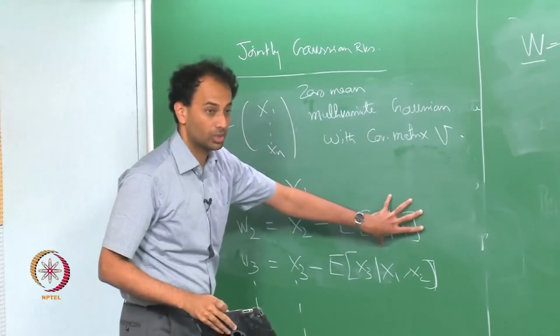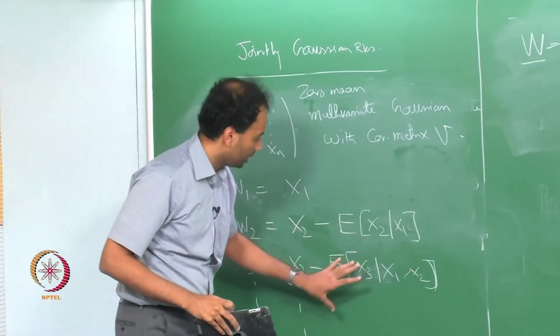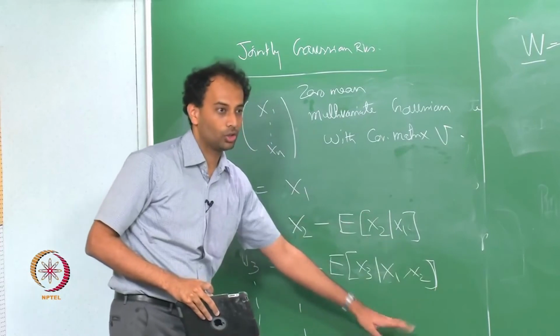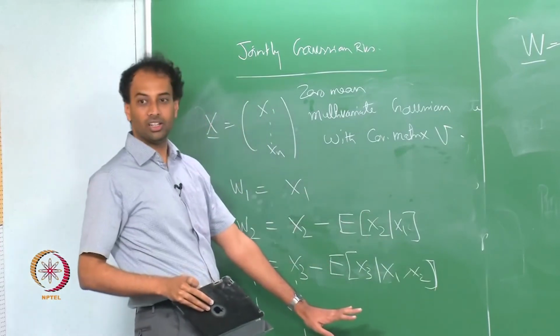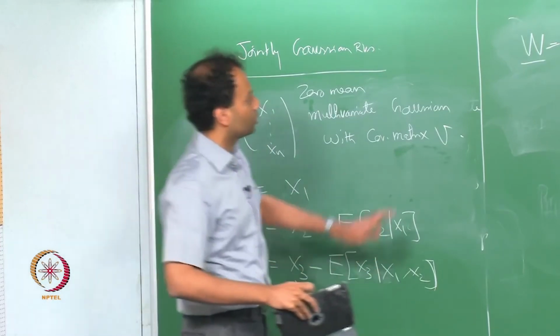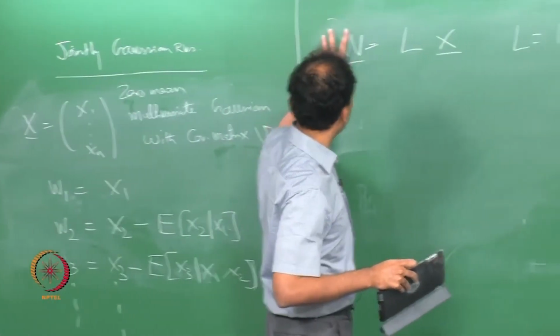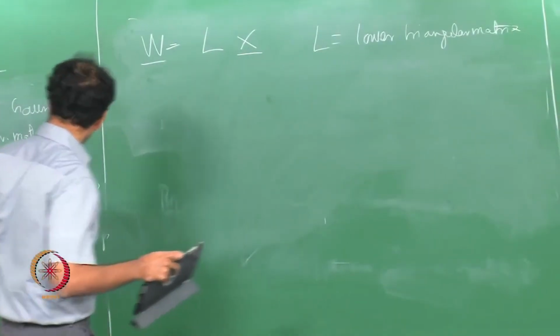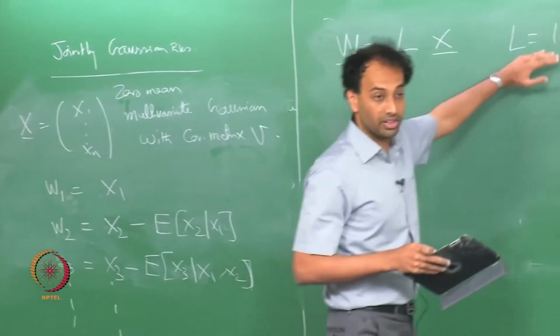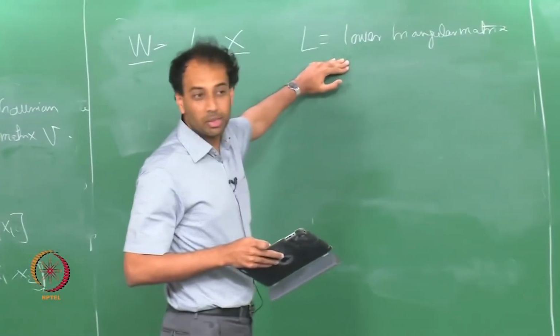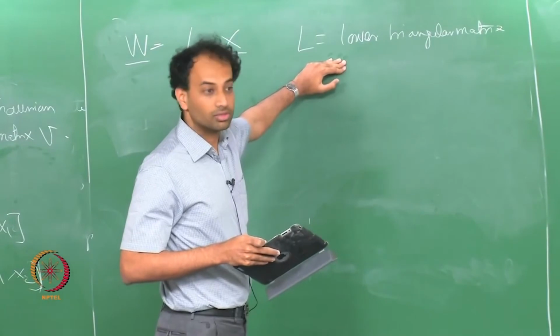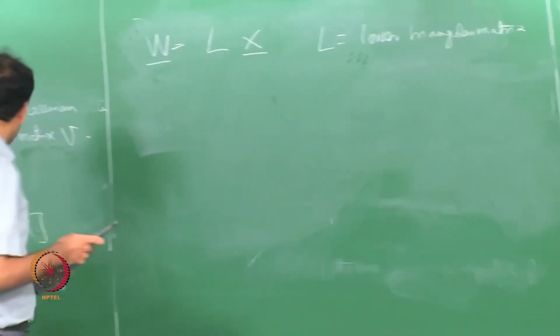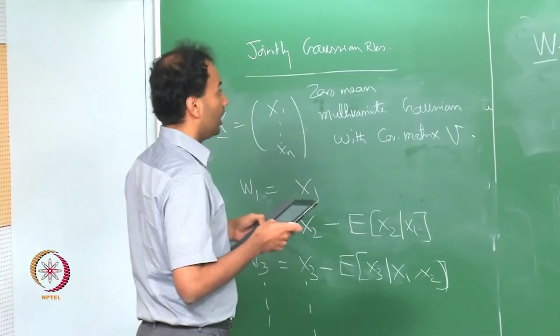So, you see what I mean. This will be a linear function of x1, this will be a linear function of x1 and x2 and so on. So, you have only a set of linear operations, and you can write this in matrix form w equal to Lx, and because of this structure you get a lower triangular matrix, okay. This is called the whitening matrix, okay. So, you can whiten this vector,